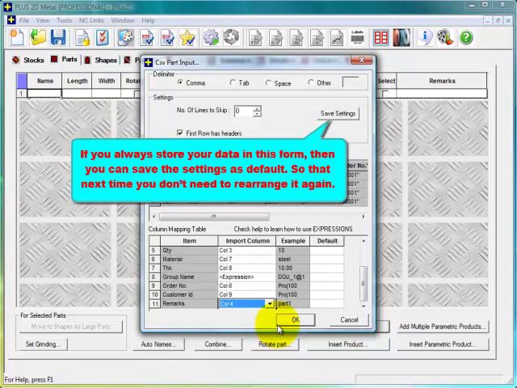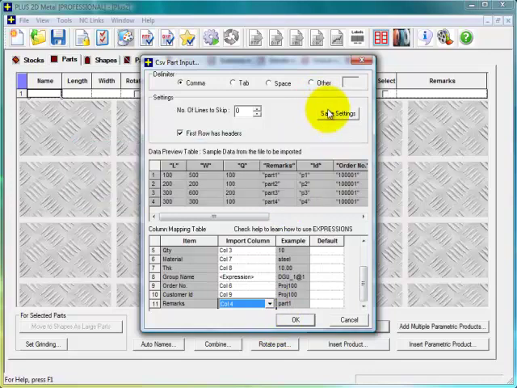If you always store your data in this form, then you can save the settings as default, so that next time you don't have to rearrange again.